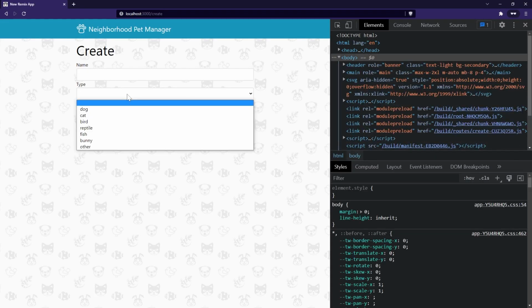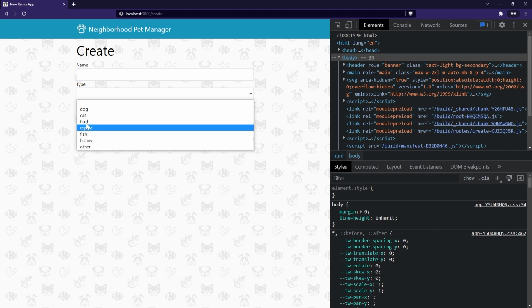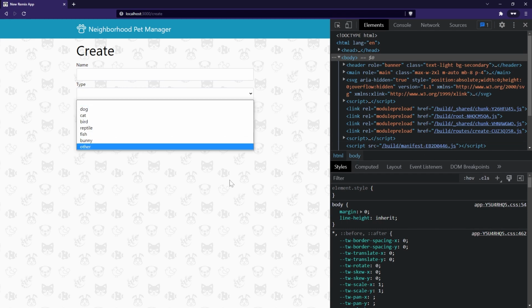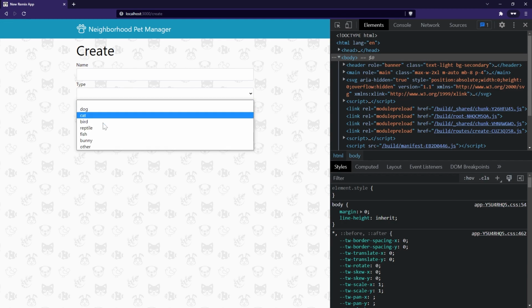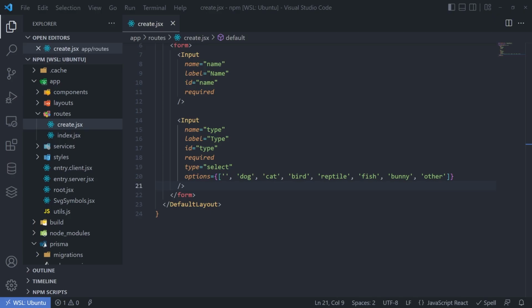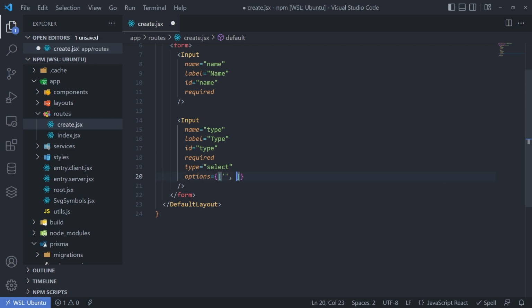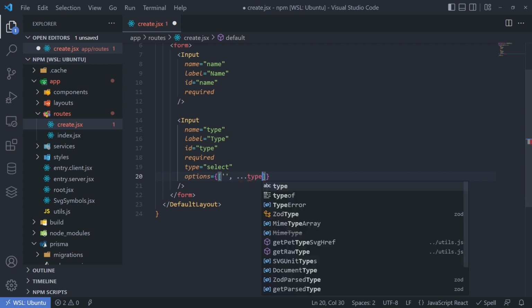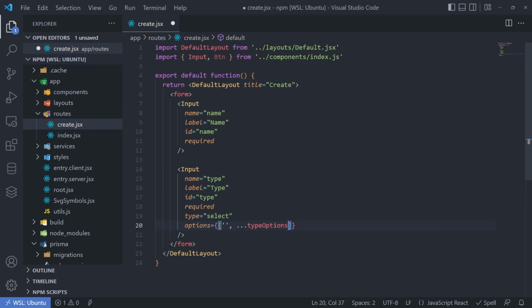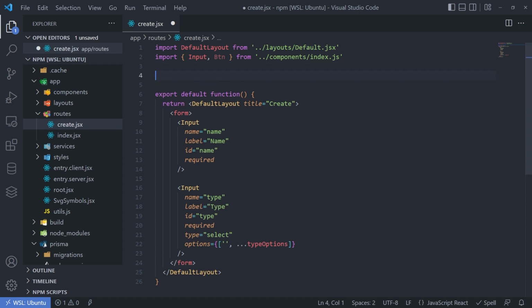Great, we have name, we have type, that's awesome. Unfortunately, this is how I want to store all of my type properties in the database with all lowercase, but that's not really great for the UI, so I'm actually going to modify that a bit. I'm going to pull these out and pull those into a separate array. I'm going to say type options. Up here, we're going to say const type options is equal to